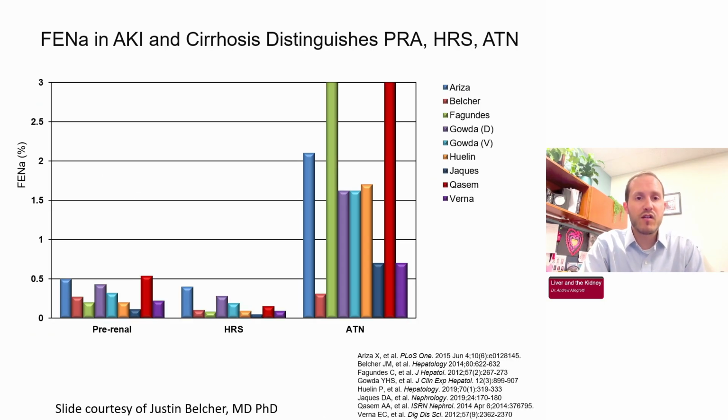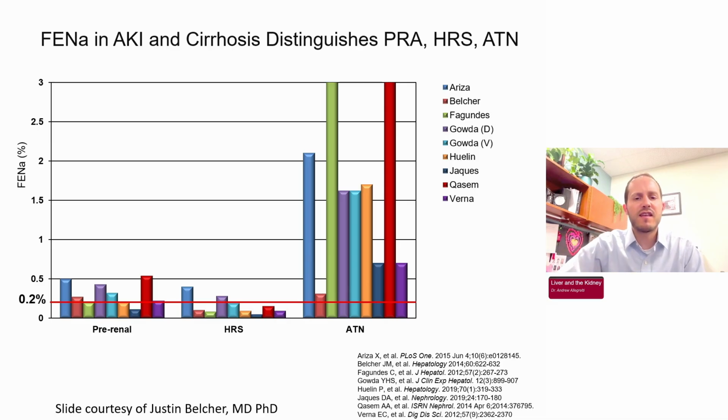There are other biomarkers aside from cystatin C that I think are quite helpful, but are not in the diagnostic criteria for AKI and cirrhosis and hepatorenal syndrome. One of them you definitely can send, and that's a fractional excretion of sodium, or a FeNa, or just a urine sodium, if you will. You can see here multiple different studies have looked at the fact that patients with prerenal injury and HRS, both of which are sodium avid and functional injuries, have very low FeNas, and those with ATN have much higher FeNas.